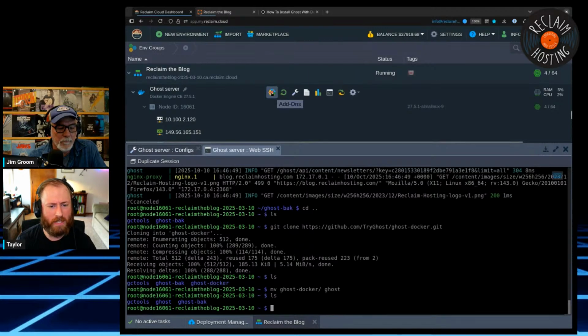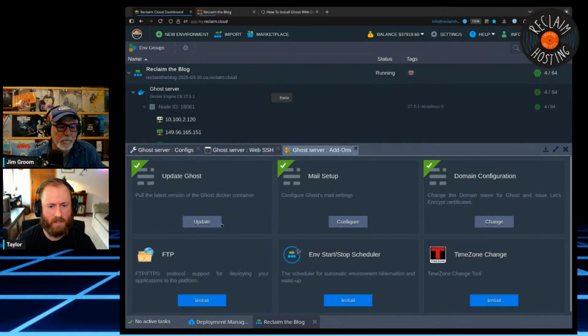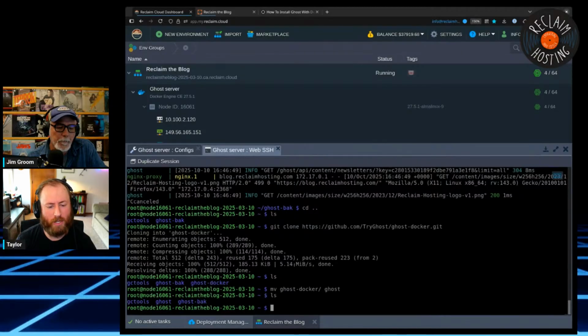I'm specifically doing that because I have some add-ons. These will still work in most cases, but they do rely on that path being consistent. So if you're watching this in the future, it's very possible that at that point I will have this use the original name to be consistent. But if you're using an existing site, we'll be doing the old path.